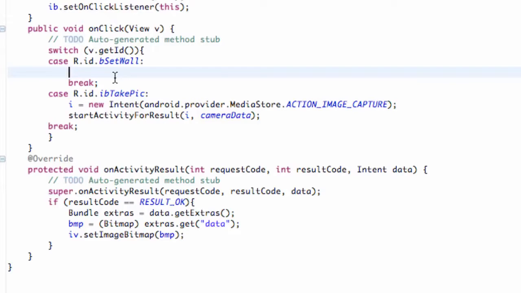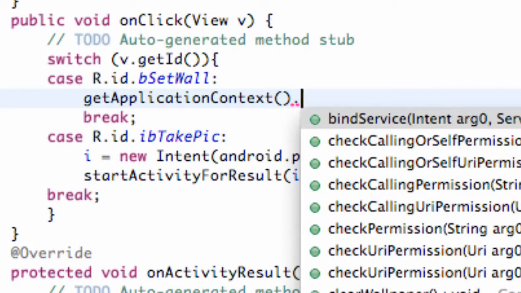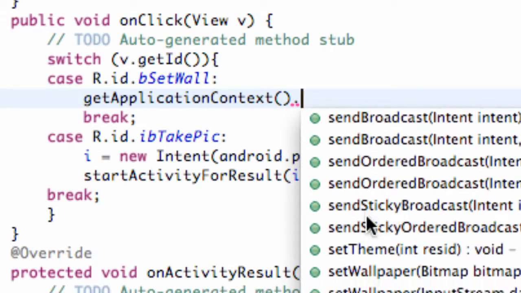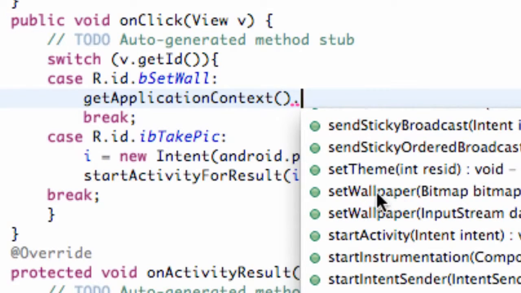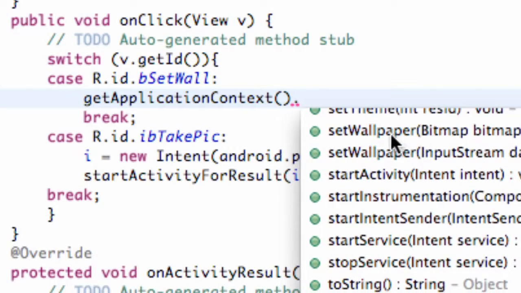So how we can do that is we're going to say get application, and I'm sorry, this is within if our other button, our set wallpaper button, was pressed, that's where we're setting this up within that switching case in our onClick method. So we're going to say get application context, and that's going to be a method that gets the context of our phone, and we can use some methods on that. And there's one called set wallpaper. Pretty self-explanatory of what that does. Set wallpaper, as you can see, it takes a bitmap,